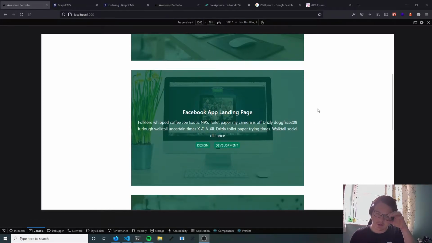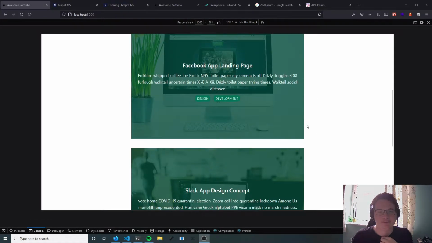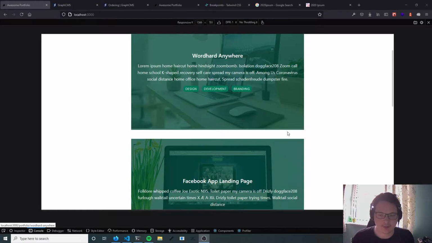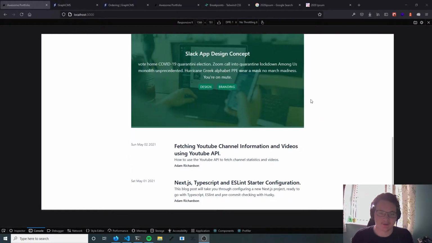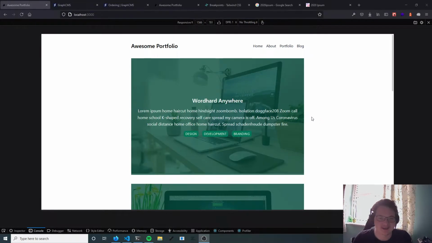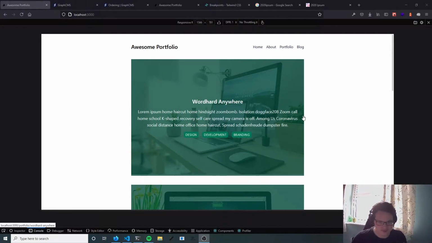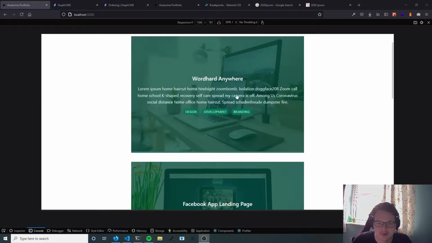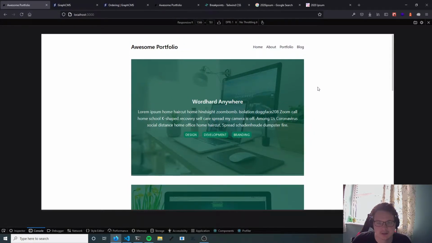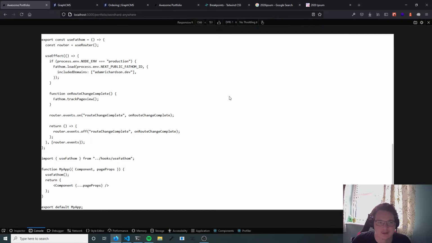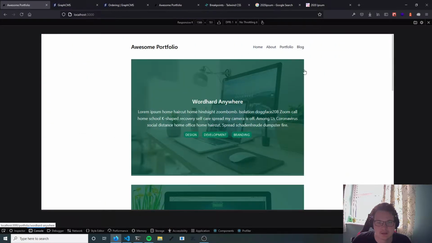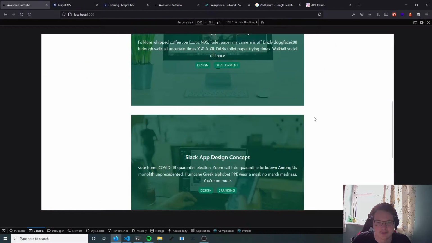So this is looking okay. Yeah, this little bar or whatever, I will figure it out. I just don't want to wait loads of time to figure it out. So yeah, we've got portfolio individual items. So clearly those pages need some work. I think we could do with having